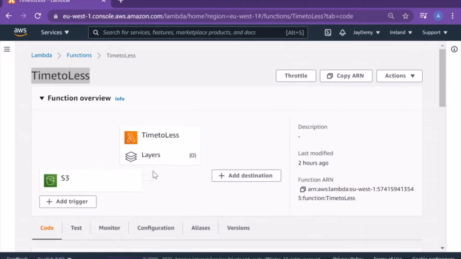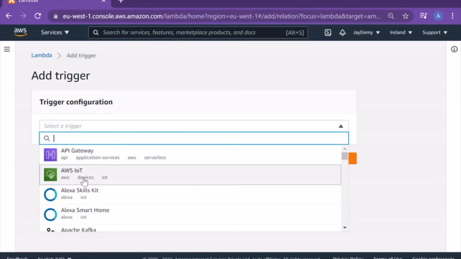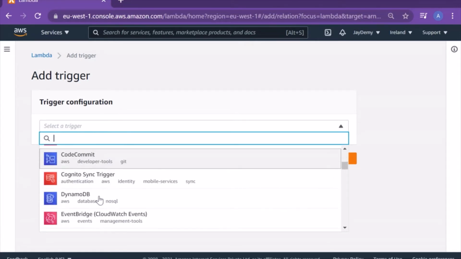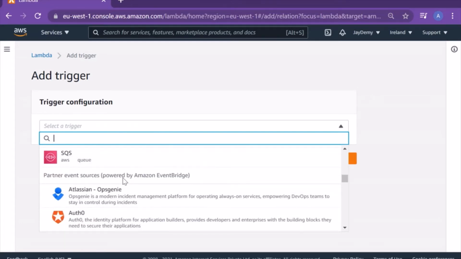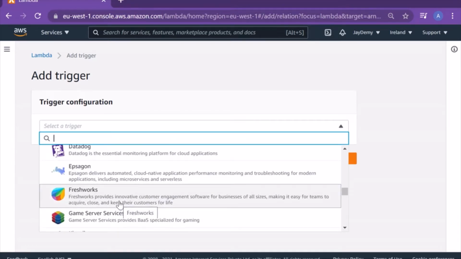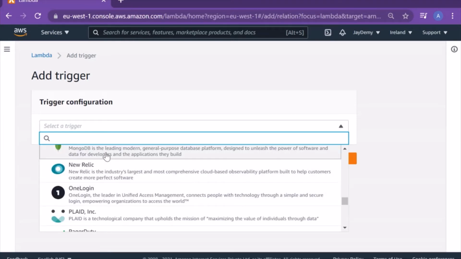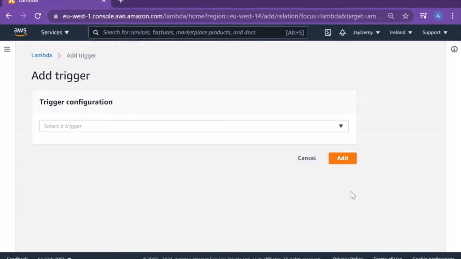Before we navigate over there, this is my function overview. This is the function name, that is the Lambda. I have added a trigger called S3. Let me show you add a trigger. I have multiple options here to add: API Gateway, IoT, Alexa, Apache. These are the AWS in-house ones: DynamoDB, Kinesis, S3, SNS, SQS. Apart from this, as third party, or with the help of AWS EventBridge, you can use Datadog, multiple third parties like MongoDB. All these triggers you can use with the AWS trigger option.